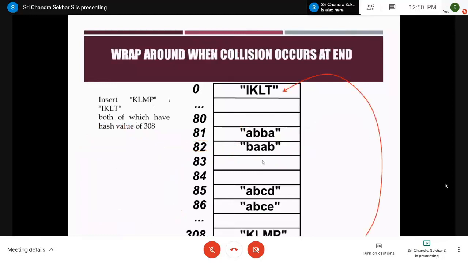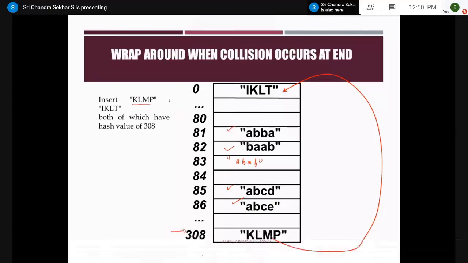As you know, the hash table is treated as a circular array. For example, we have discussed this concept of storing ABBA, BAAB, ABAB, ABCD, and ABC. Let me discuss this KLMP. Assume that KLMP is indexed to 308, which is the last location, therefore it is stored in the last location. Now after that, I want to store the IKLT.